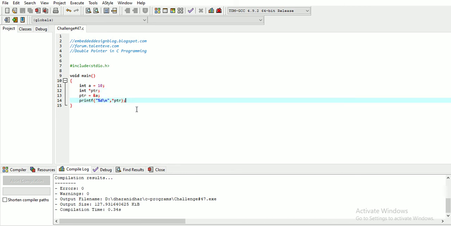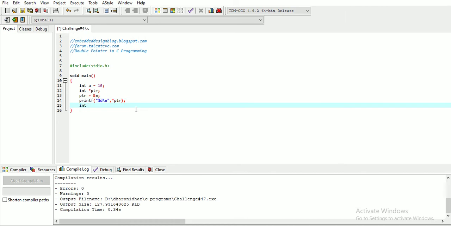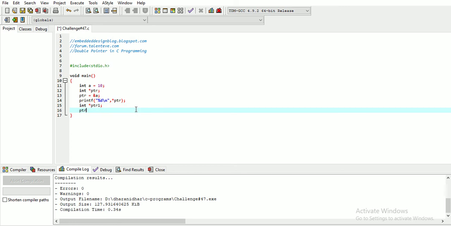Now in a similar way, let us have another pointer, star ptr1. Let us assume ptr1 holds the address of pointer. This pointer holds the address of variable a, and we have declared another pointer which holds the address of the previous pointer.